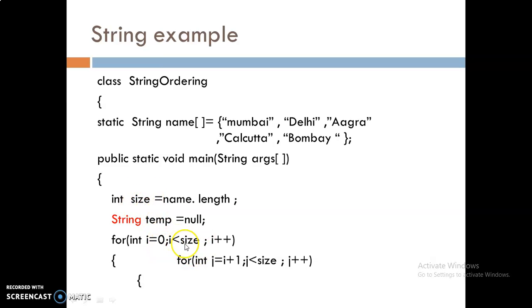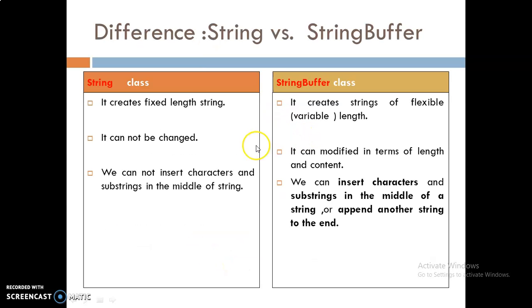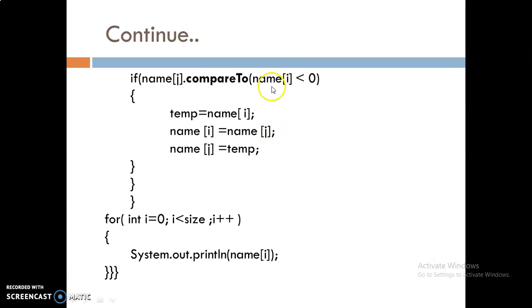So it will go from 0 till size 4, and what it is going to do is compare the first string with the second string. Here the first string dot compareTo means we are comparing two strings, the first string as well as the second string. And how are we comparing? By using the ASCII character of the first string. So whatever the first letters of the strings are, accordingly the values are going to be exchanged.